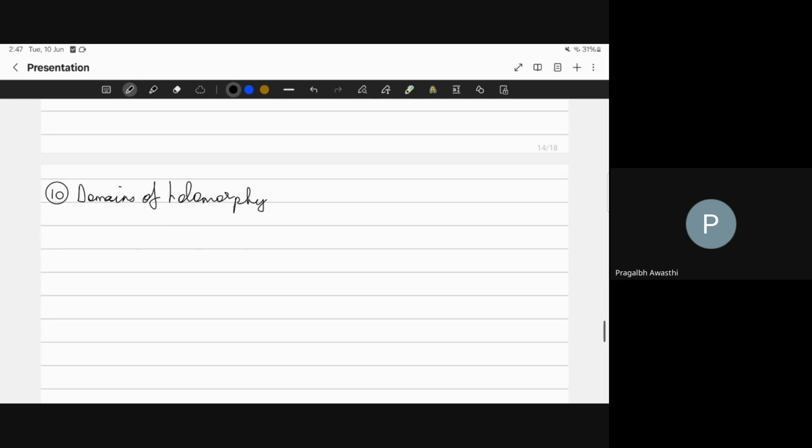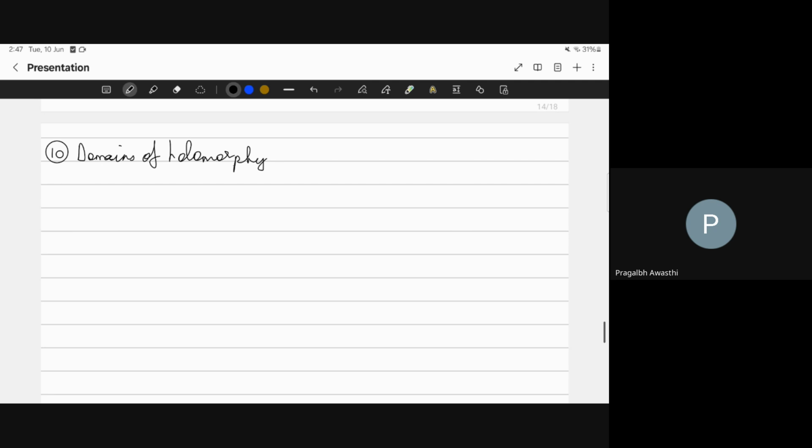So now let's move to a related topic, which is the domain of holomorphy. So we talked about the function, which we showed that for every point we are able to find a function which cannot be extended beyond that, and that in fact is the definition of a domain of holomorphy. So for omega a subset of Cn, it is called a domain of holomorphy, maybe from now on I will write DOH, if for every